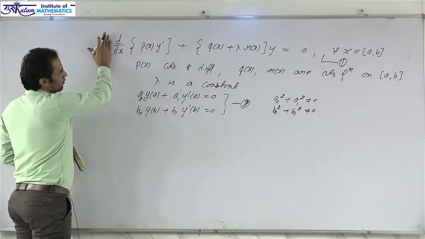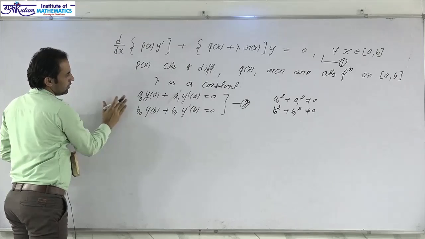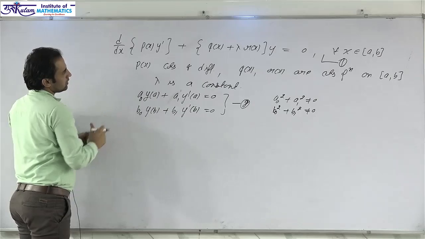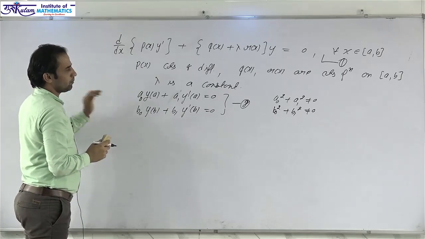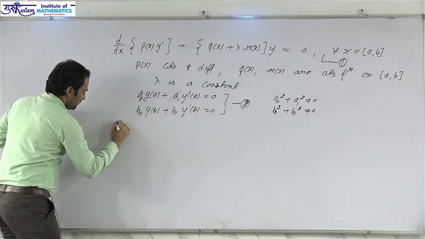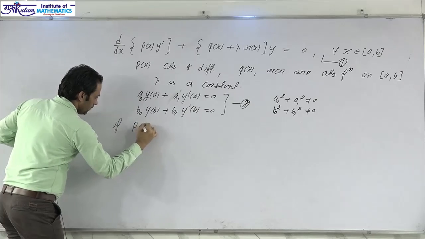So this differential equation with the second condition is called a self adjoint boundary value problem,